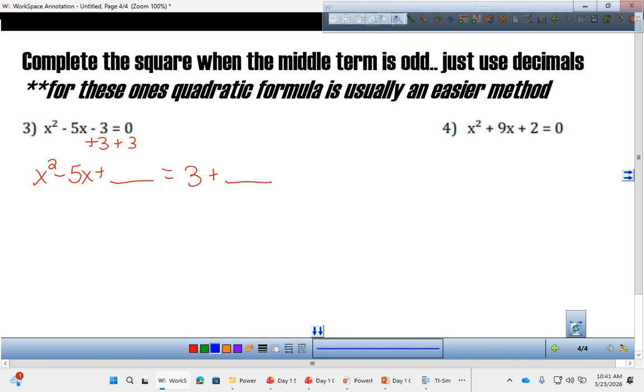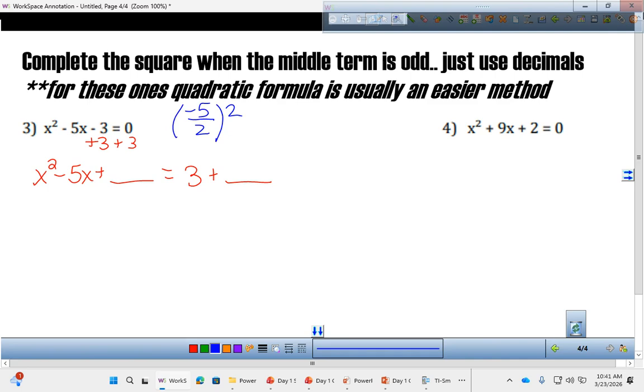I want to split negative, like the number negative 5. For example, when I split negative 10, I went negative 5, negative 5. Negative 2.5, negative 2.5, right? Your perfect square is multiplying those two numbers. It's going to be a decimal, okay? But if that doesn't make sense, it's half of the middle number